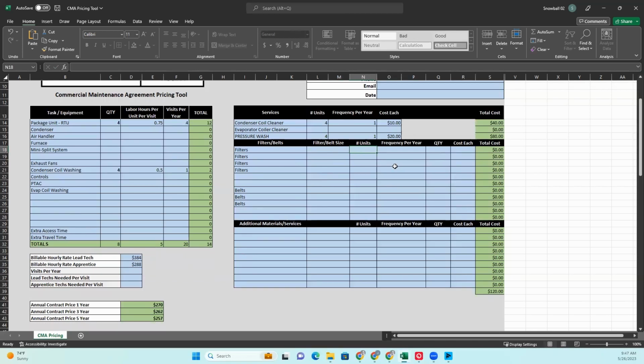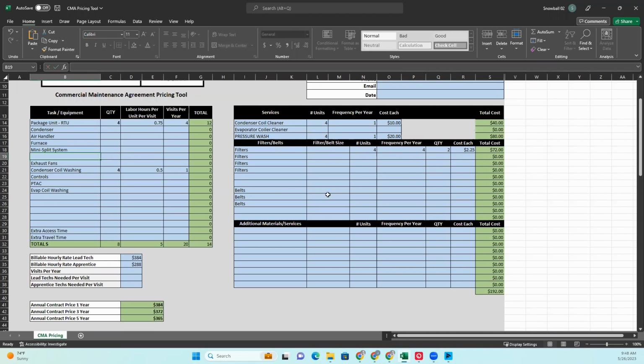How many units? Let's just say there are 4 units. And we're going to replace filters every time we go. So it's 4 times a year. And each one of these units, let's say, has 2 filters in it. Okay. And each one of these filters costs us $2.25. So throughout the course of the year, if we're going to replace filters for 4 units, 4 times a year, and there are 2 filters per unit, and each filter costs us $2.25, the cost is